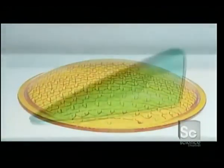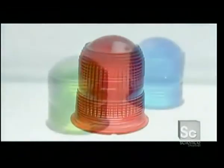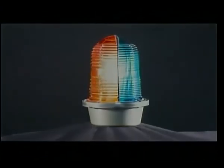Producing such a colorful assortment of technical glass takes a lot of work, but at least there's light at the end of the tunnel. In the days before electricity,